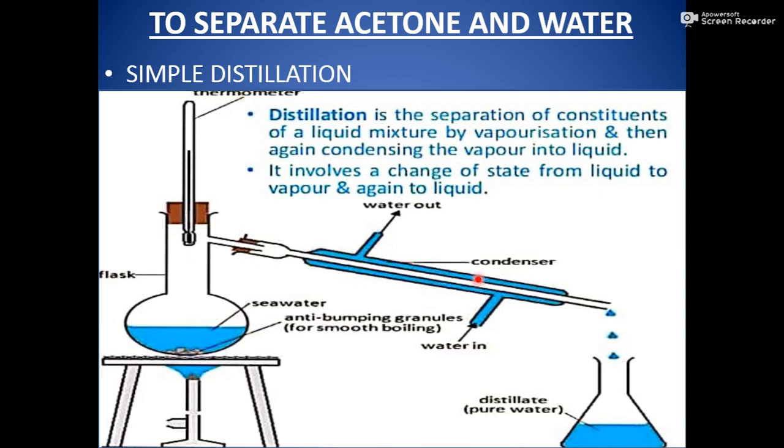And this glass tube contains water which helps to cool down the vapors which will pass through this tube. And this water is constantly being changed to cool down the vapors. And this delivery tube is allowed to open in this beaker. The special structure of this kind of delivery tube is known as the condensation tube.